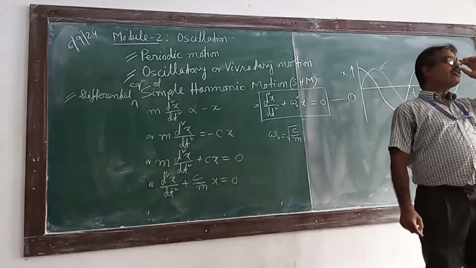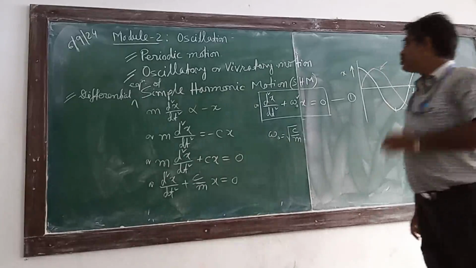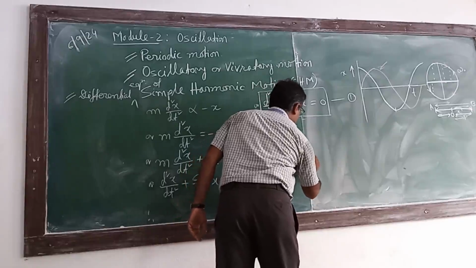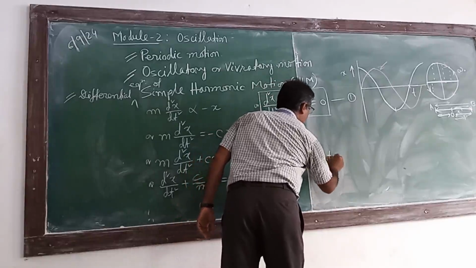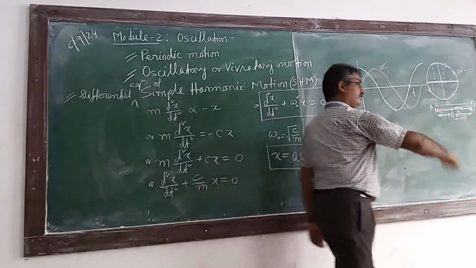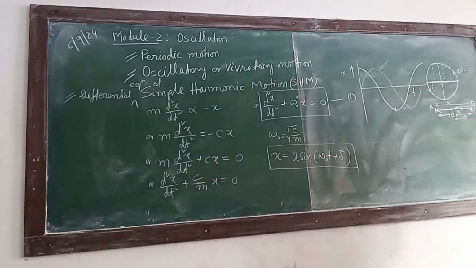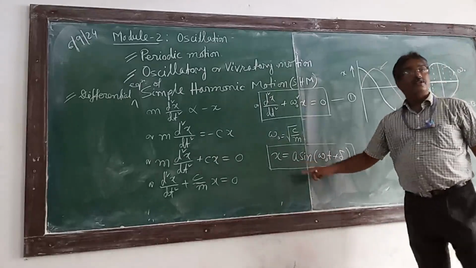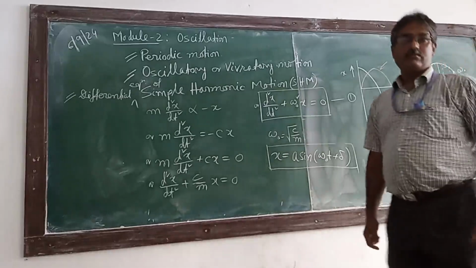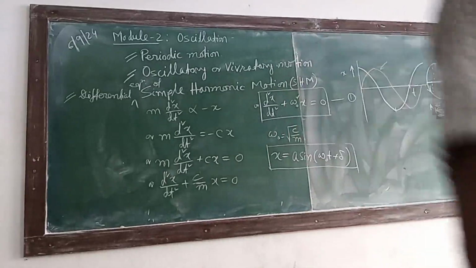The solution of equation 1 is x equals a sin(omega naught t plus delta). This is the solution of equation 1: x equals a sin(omega naught t plus delta), where A is the amplitude of the oscillation,